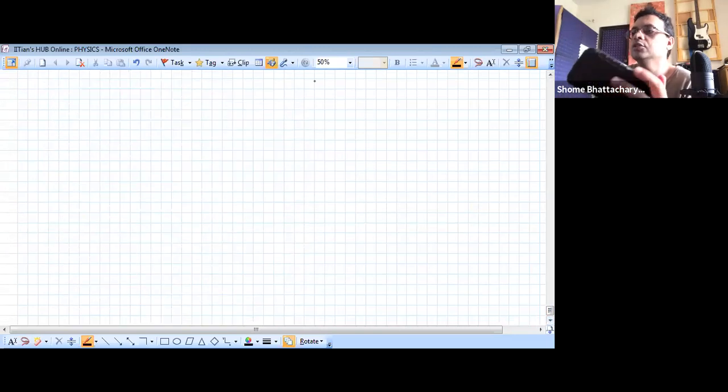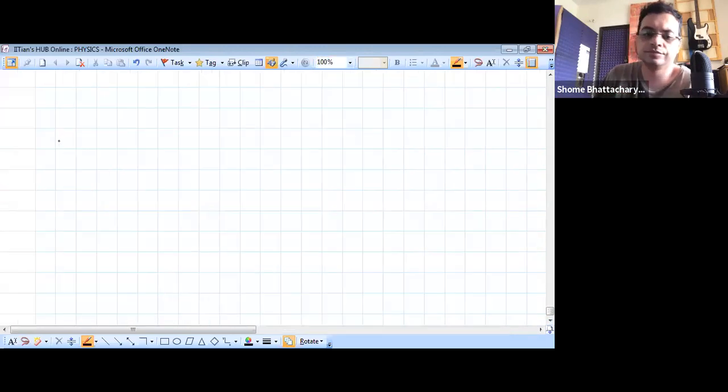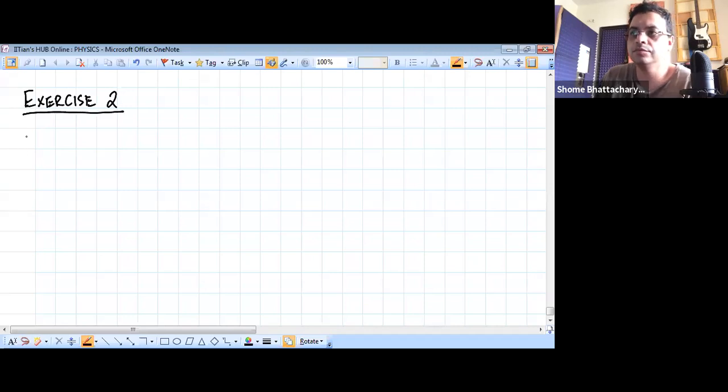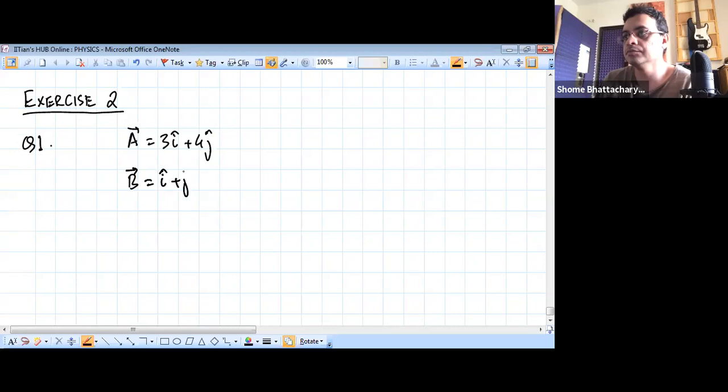All right, so moving on to exercise 2. Question number 1 says that given the vectors A, which is 3i cap plus 4j cap, the vector B, which is i cap plus j cap, if the angle between them is theta,